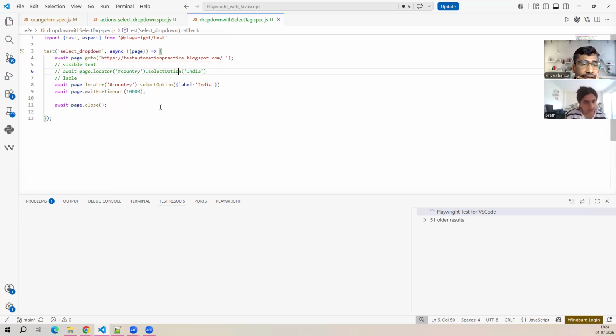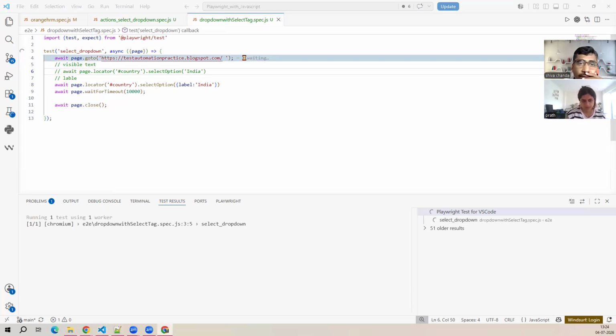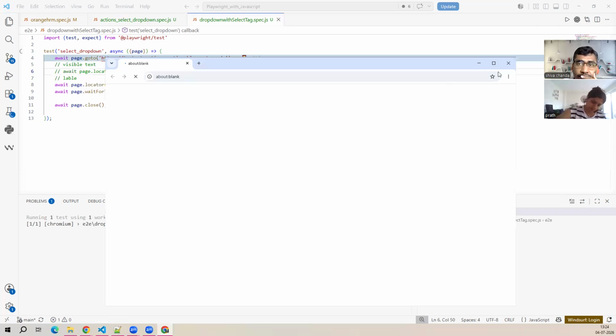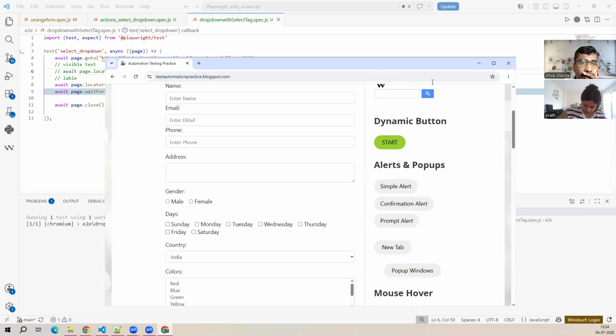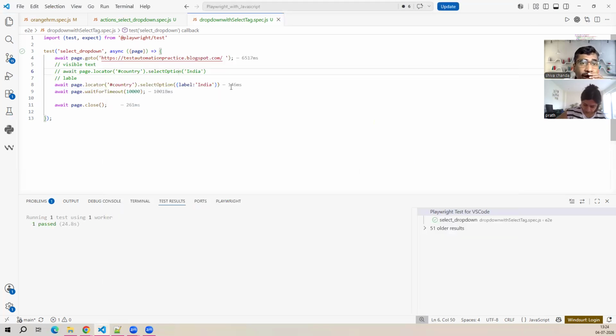Now I'm running. See, country India is selected and it is closing. It is waiting and closing. Okay, that is done. This is with the label, and using the visible text we already tried. This is the visible text and this is the label. And the next one is